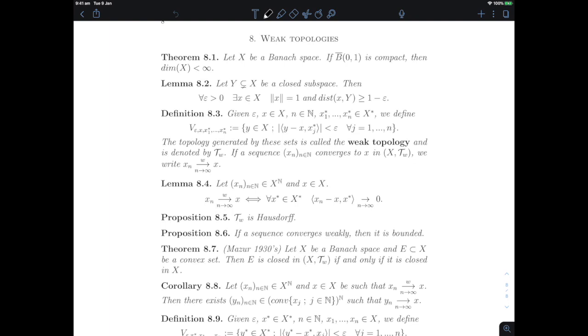So in this video, we're going to start talking about weak topologies. So what are weak topologies? They are extra topologies one can put on a Banach space that are different from the topology given by the norm and have the key advantage of having more compact sets. So there are more sequences that are going to converge for this topology. We will say that they converge weakly, than sequences that converge for the norm, for which we will say that